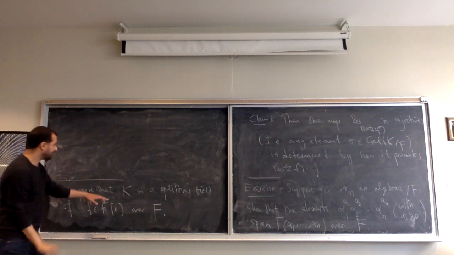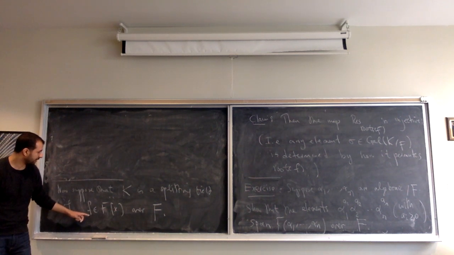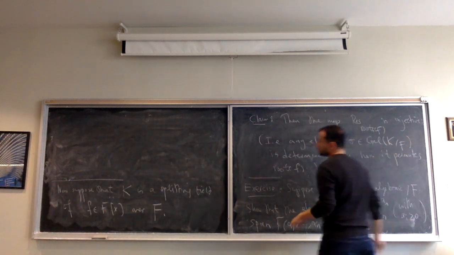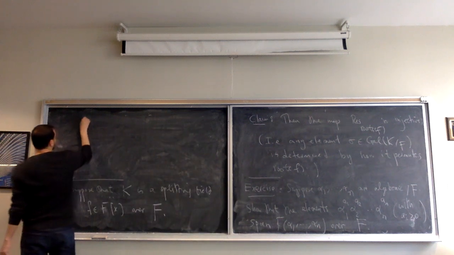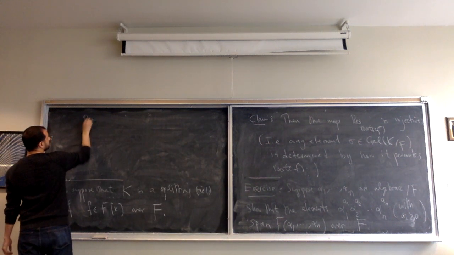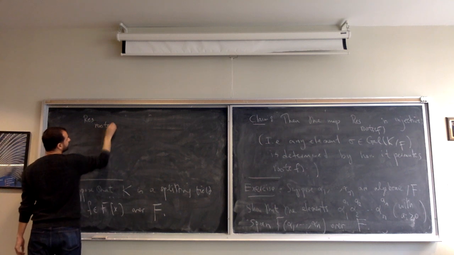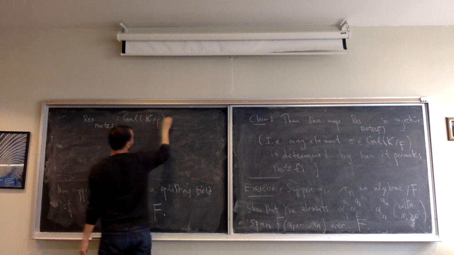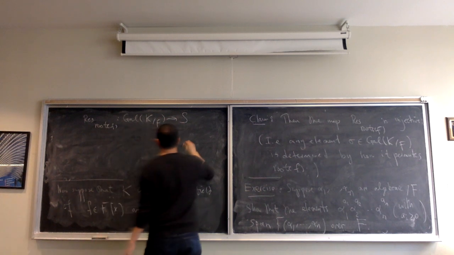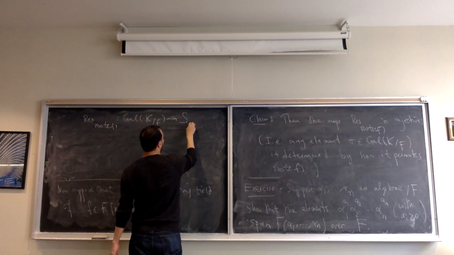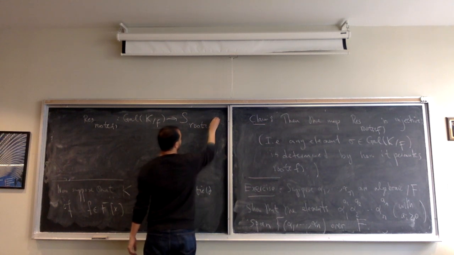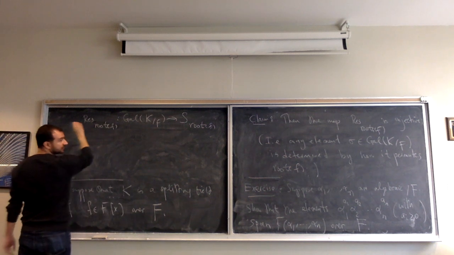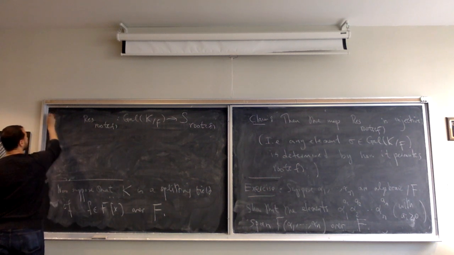So we're assuming that K is a splitting field of the polynomial f over F. And now we've got the restriction to the set of roots of f map from the Galois group of K over F to the symmetric group on the set of roots of f, right? But now the proof of the claim,